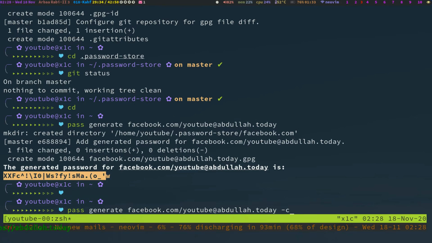So you just go to the website where you created the new password and paste there using Ctrl+V, if that is a graphical application which uses that method, or you can use the other clipboard option. Some Linux applications use middle click to paste. So that's it. This way you can create a new password.